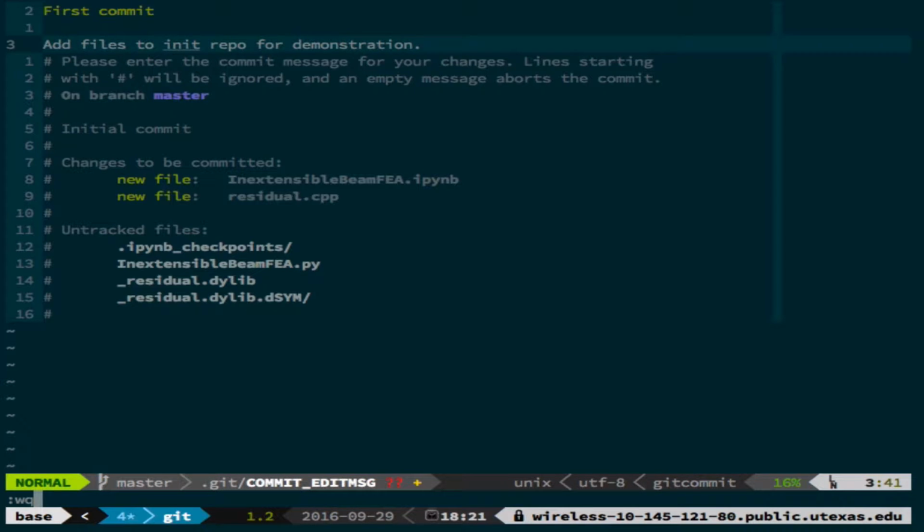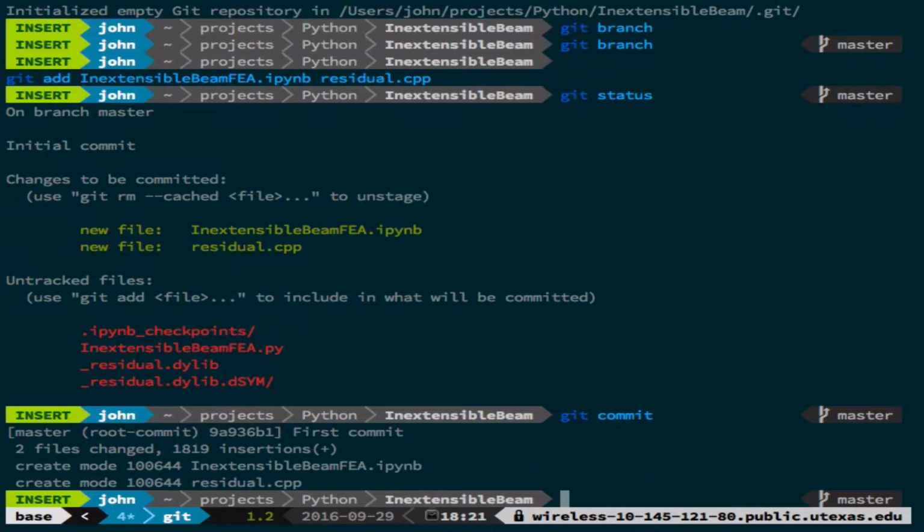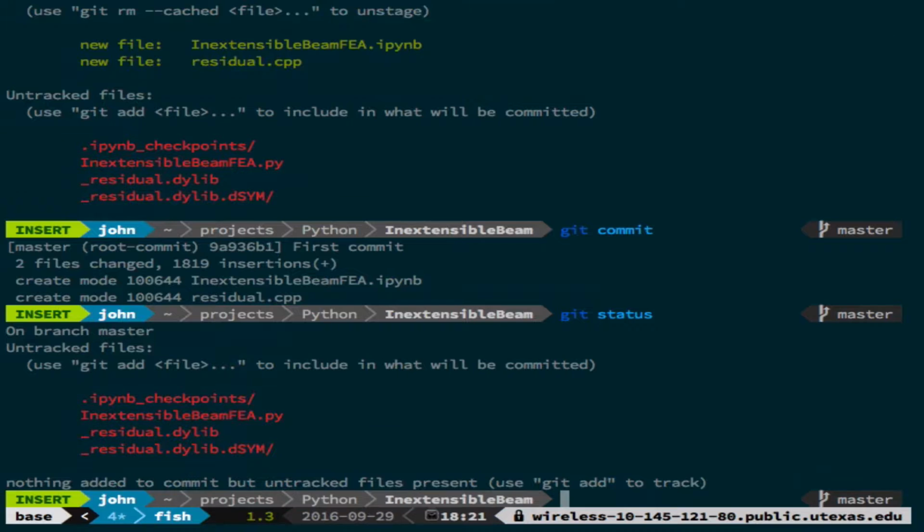I'm going to write and quit my editor. And now I have committed that, and if I type git status again, you'll see my green files are gone. That's because they've been committed, and it's telling me nothing added to commit, but untracked files there. Okay, and now if I type git log,